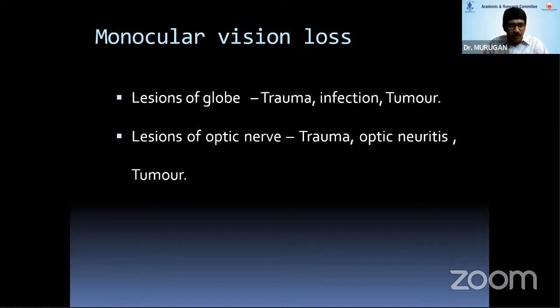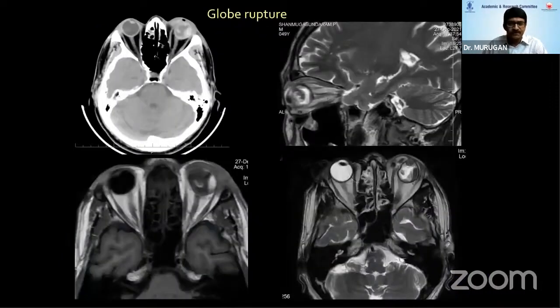Then, of course, the main focus will be on the imaging of the optic nerves, especially trauma, optic neuritis, which we will deal with a little bit in detail, and tumors also. When it comes to globe injury, yes, CT will be the first investigation, because for any trauma, CT will be the first choice. If you are able to assess the optic nerve, it is well and good. But many a time, it is not just about continuity of the nerve, sometimes it is about the contusion, the subtle edema within the optic nerve, for which MRI is very, very useful, and it can pick up much better than CT scan.